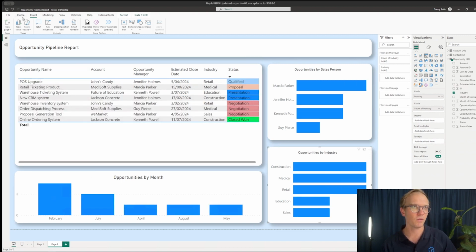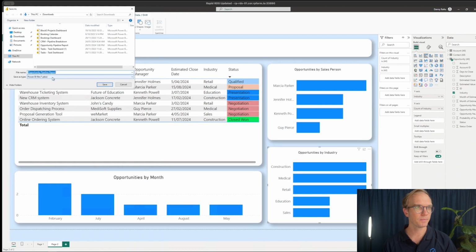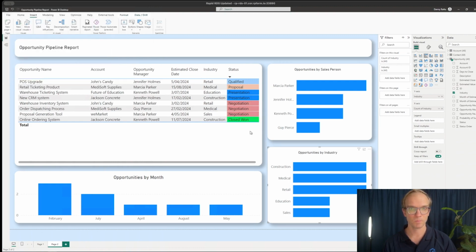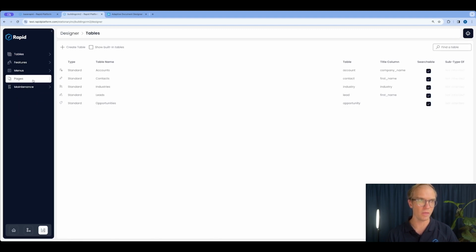What I'll just do quickly is speed this up and show you how to do this. Essentially, I just save this as a file and then upload it into Rapid. It's extremely simple. So all I do is save as. Okay, so back in my own site, I've downloaded that file and all I need to do now is build a page where I'm going to store that